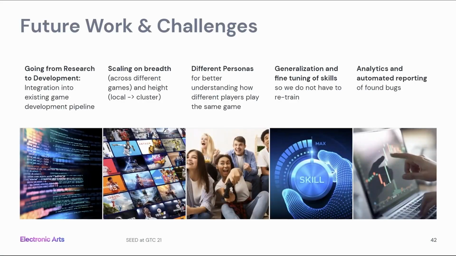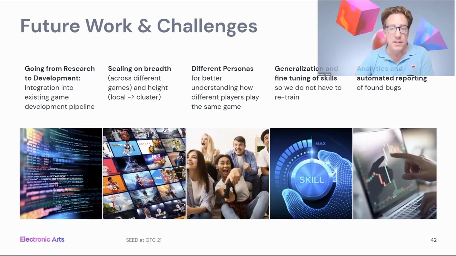Finally, here are some future challenges that we have somewhat touched upon in the talk. Let me pin down the first two. That's all about bringing research into application. To start with, the tools that have been presented here need to be integrated into the game development pipeline, and in particular into the QA process around game testing. This is not only about tech, but it's also about practice and guidelines. For example, how would you design a game that is more ready for ML testing?